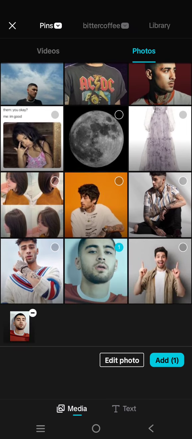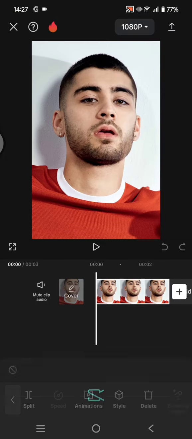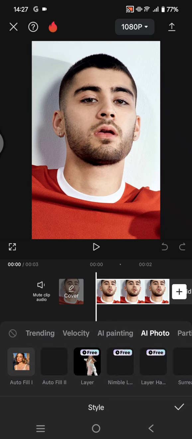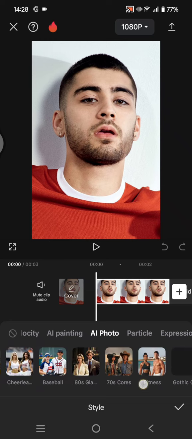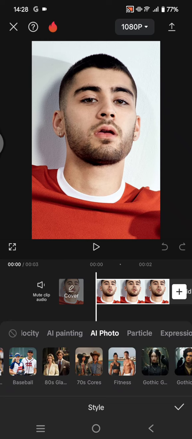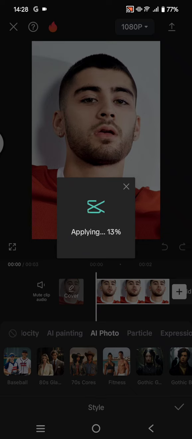this one right here. Click on add, and now click on the photo and you can just go to style, then click on the AI photo category, and in here swipe until you find the 80s glamour photo style. Click on that and wait for it to apply to your photos,